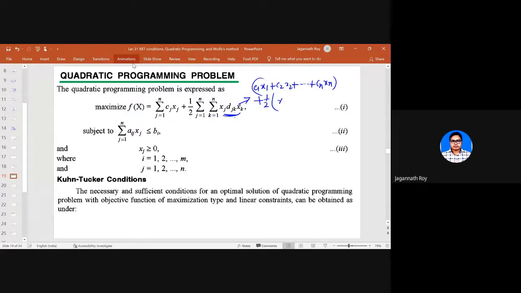We will have square terms, x1 square when j equals k, so d11, plus all other terms